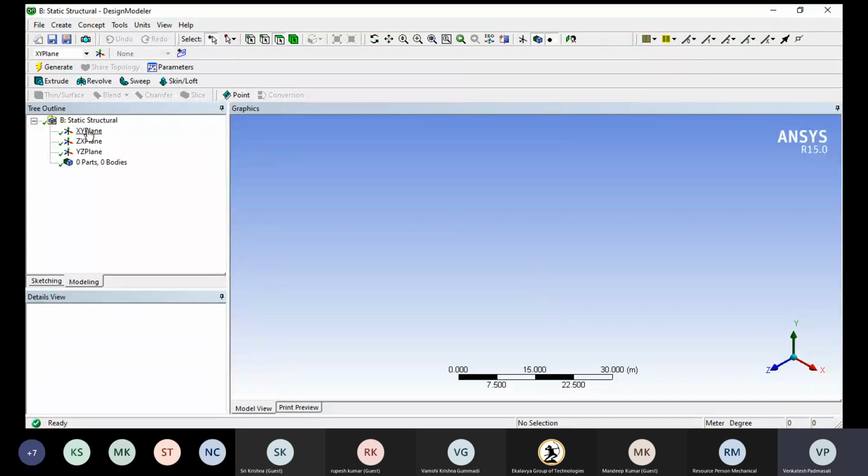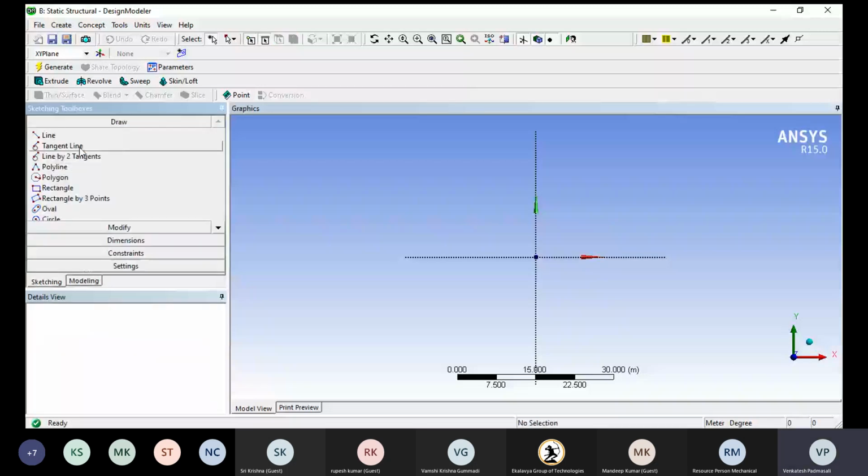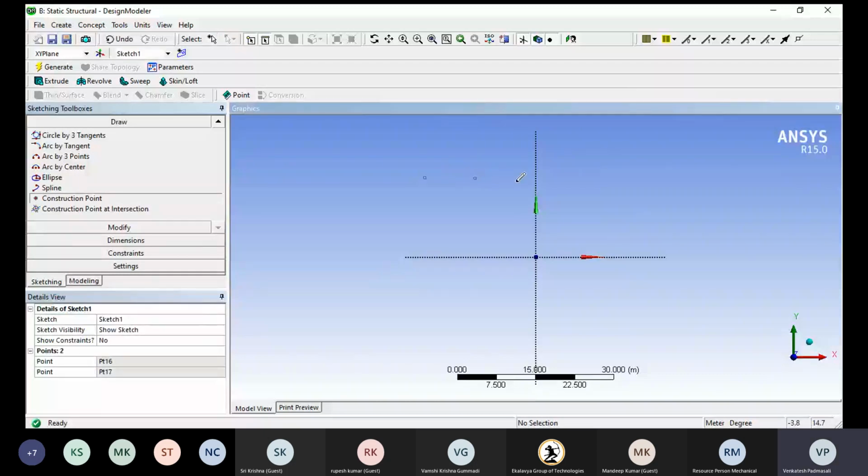So I would like to select, right click again, and I'm going for online points, there should be 5 over here exactly. So 5 points. Construction point number 1, number 2, number 3, number 4, number 5.